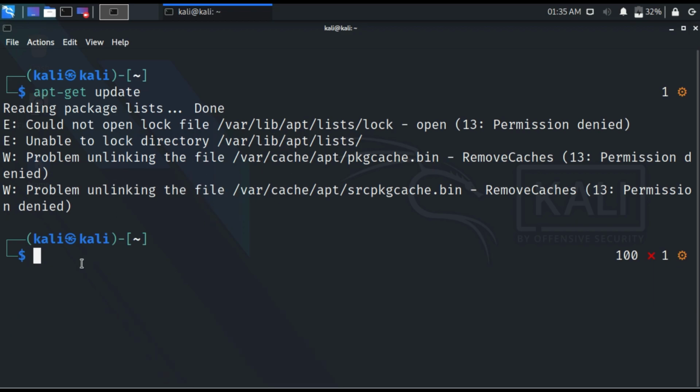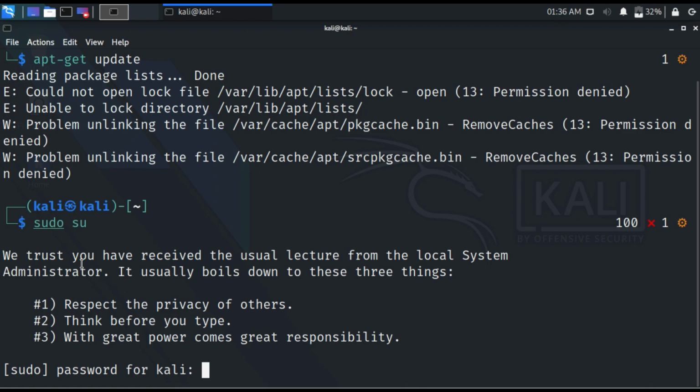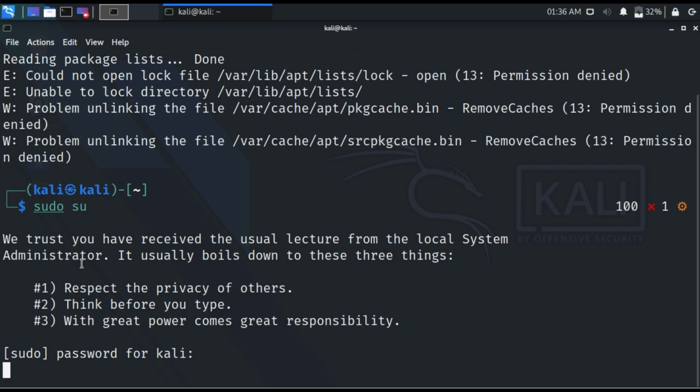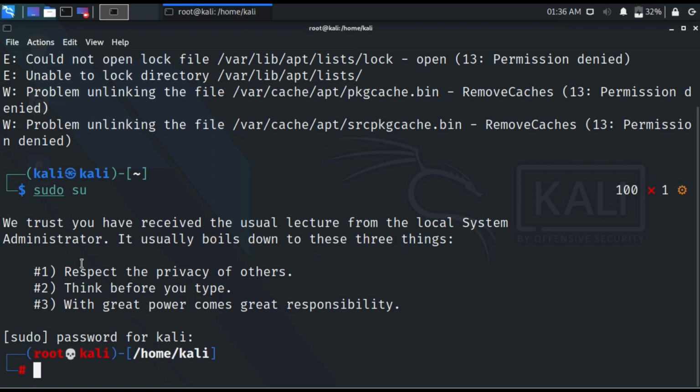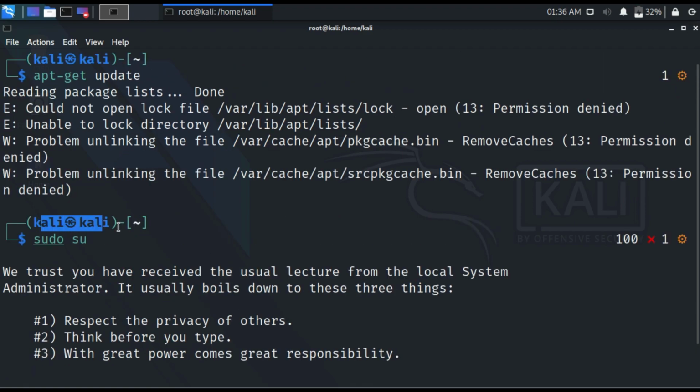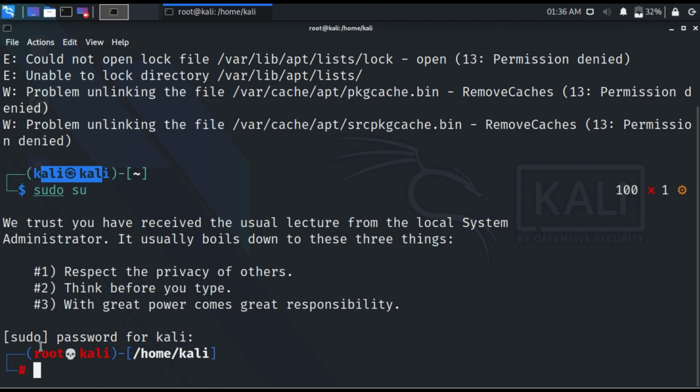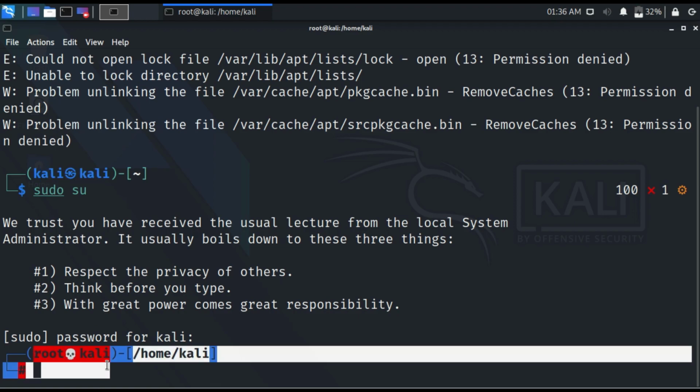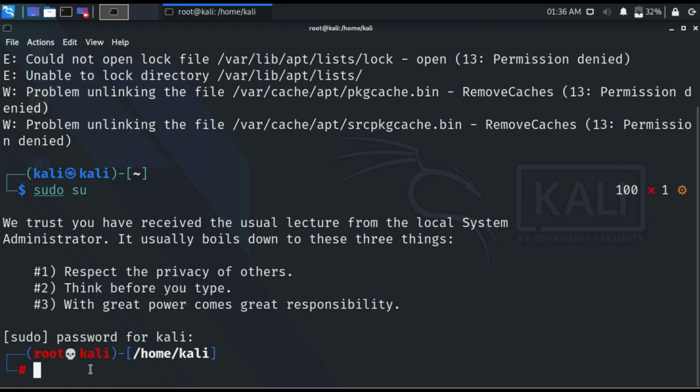So this problem occurs every time, so you have to write sudo. As you are not the root user, you are a guest user, so you have to be an administrator, so you have to write sudo su. Then it asks for the Kali password, and your password is kali. It will not show the password for security reasons. Now you can see root@kali. Before, we were getting kali@kali, now we are getting root@kali because we are now root. You have heard the word root, as root has administrator power.